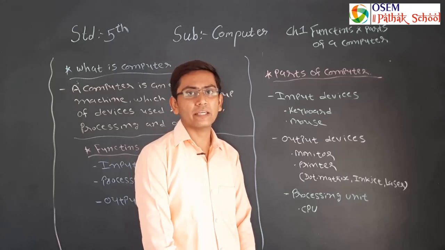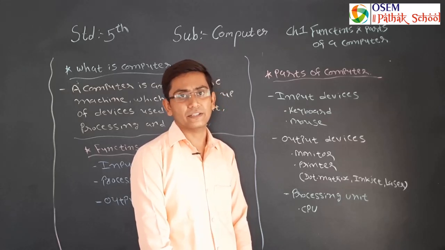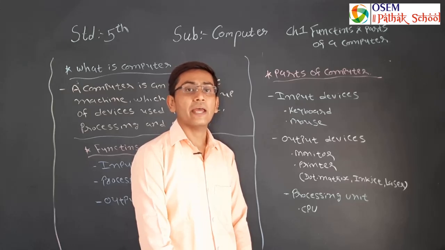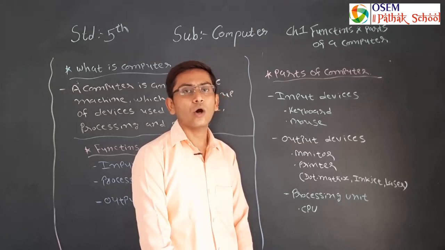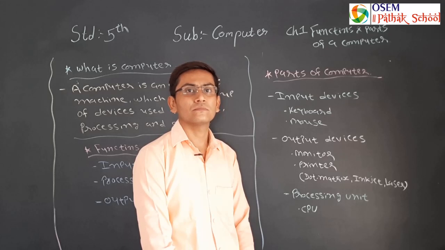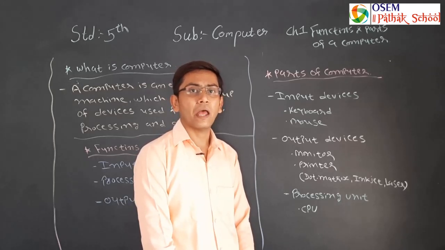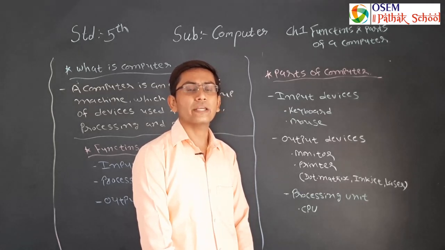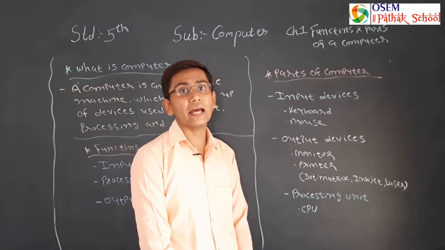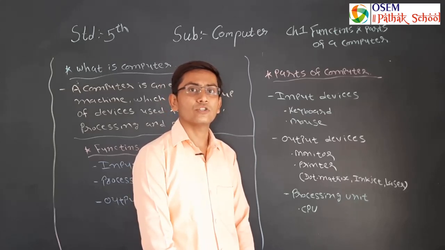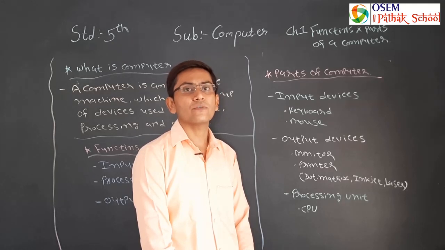Shift key and caps lock key are used to type capital letters. Arrow keys are used to move the cursors up or down or left or right. Backspace key and delete key are used to erase a character, but the difference is that backspace key is used to erase a character from the left of the cursor and delete key erases a character to the right of the cursor. So these all are keys we can use with the help of keyboard.